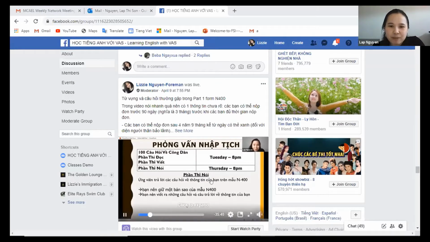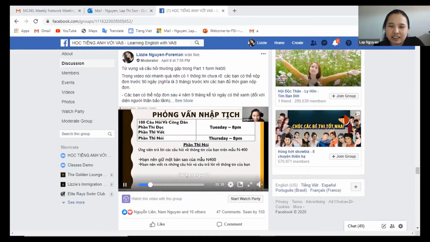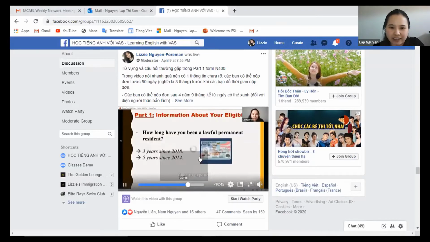But if you use Zoom, like we use it right here, and you live stream from Zoom to Facebook, you can switch. The students can see you and see the lesson also. And whenever you want to explain more, you can switch back to yourself.